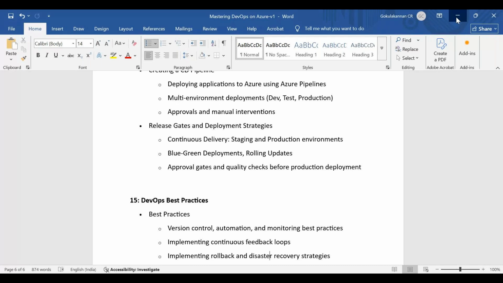Lab activities wise, the first few days I won't be sharing labs, because in the first few days we'll be discussing the basics and understanding, the terminologies, what is cloud, what is DevOps and all. Once we get to the actual concept, that is the Azure cloud concept, that's when we'll start our labs. At the end of each and every session, I'll be sharing the list of lab activities you have to do. And again, it will be relevant to the topic which I covered in my demo.